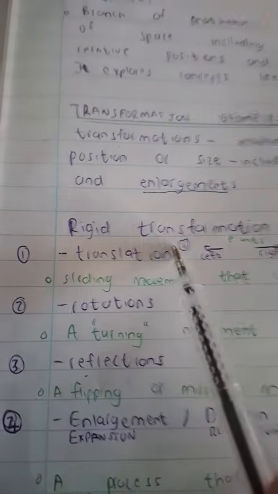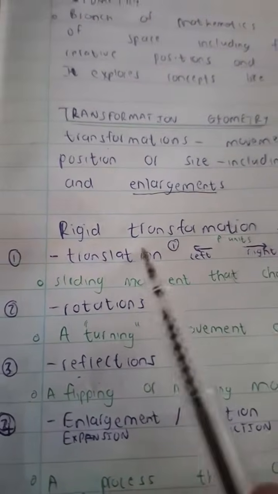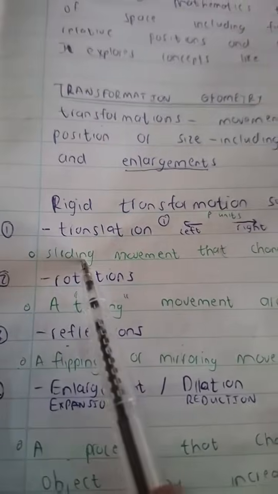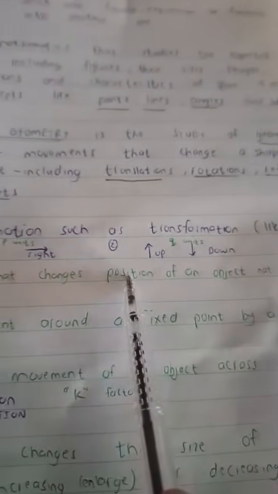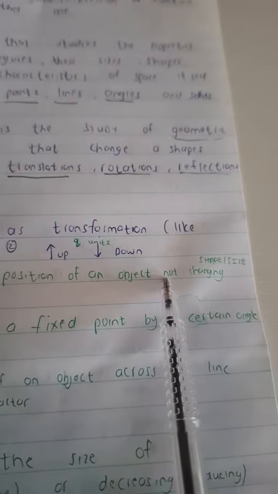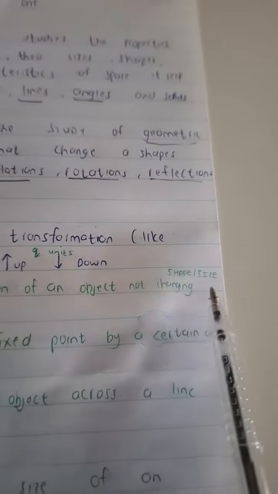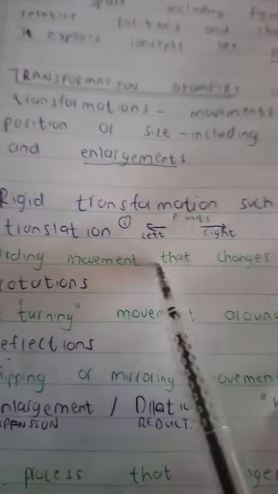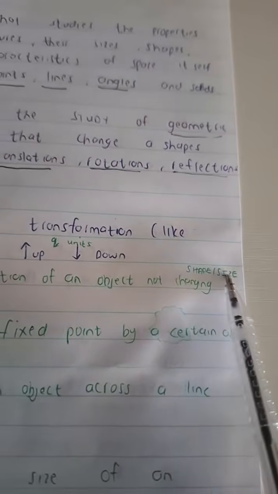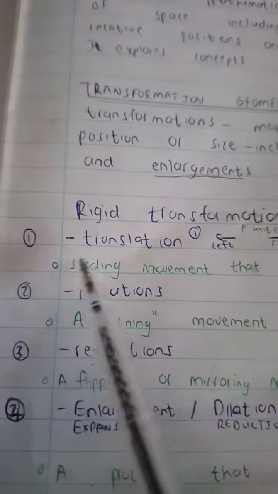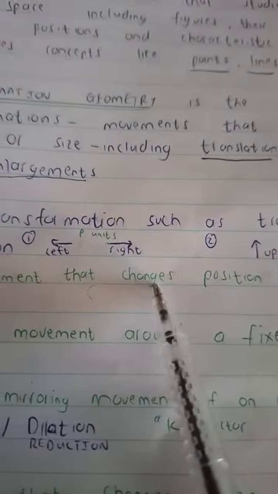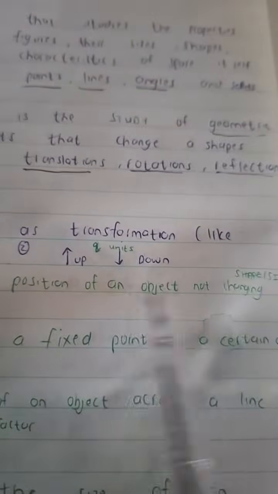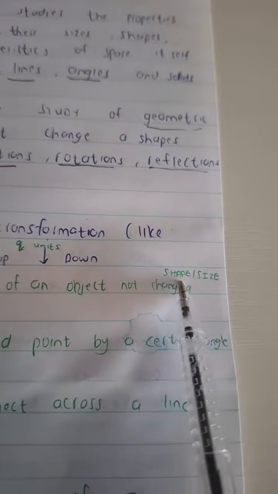Translations. So we are going to look at what translations are. Translation is simply a sliding movement that changes the position of an object, whilst not changing its shape or size. What is a translation? It is a sliding movement that changes the position of an object, not necessarily changing its shape or size. I repeat, a translation is a sliding movement that changes the position of an object, not necessarily changing its shape